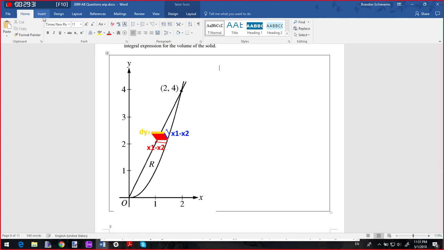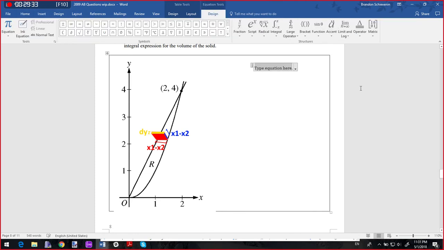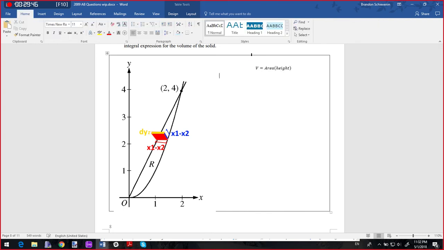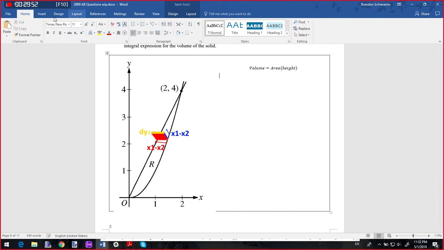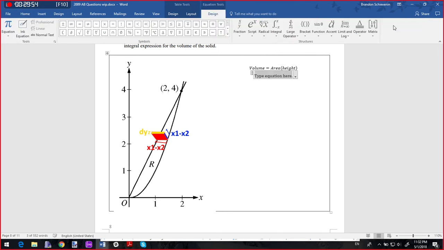In order to get that area, I would be multiplying my difference in x times difference in x. Since my volume is still area times height, I could say that my volume for this one is going to be equal to the integral